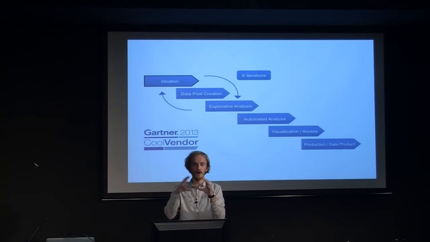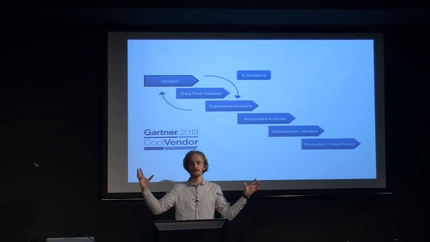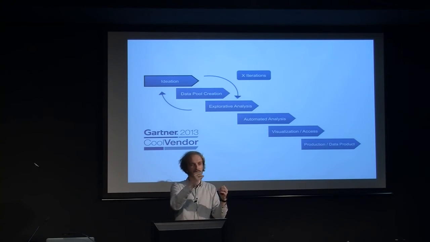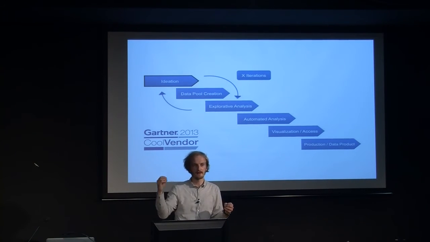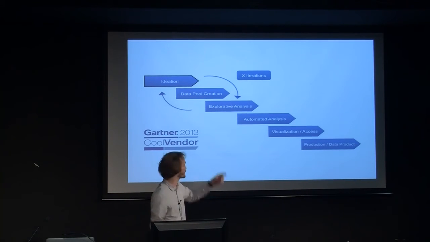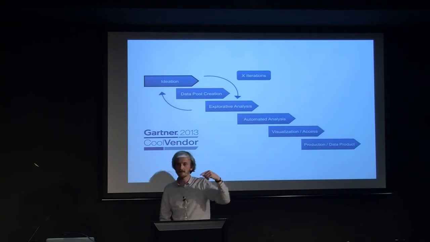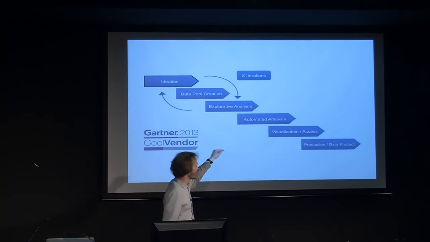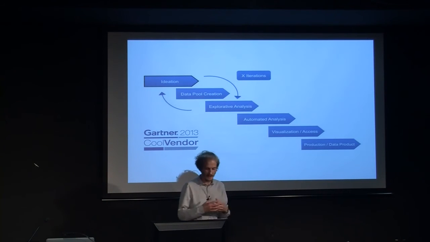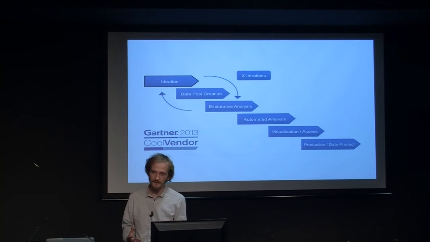So what I do before on one system will now go to 5, 10, 100,000 nodes, a cluster of computers that is calculating the job, the analytics job that I before created just on my Mac, where I found out, okay, this is an algorithm that is useful to answer the question. So here it goes to automation, and then it's important to visualize the data and give the client access to that. And in the end, creating a kind of data product, something that is used and integrated to the processes